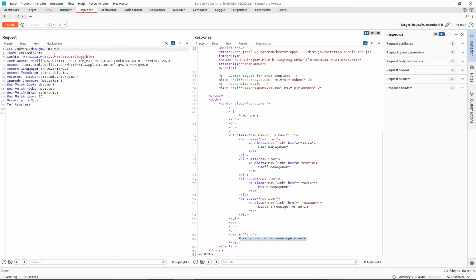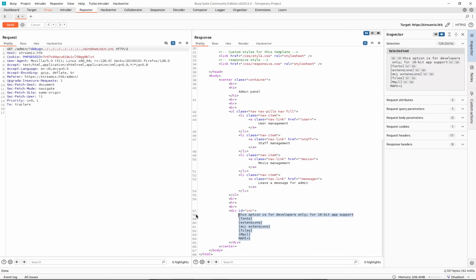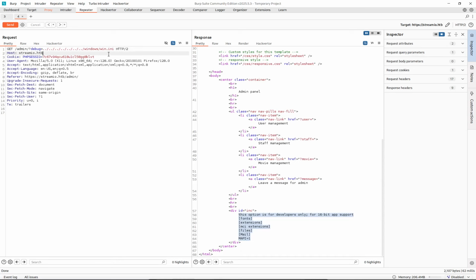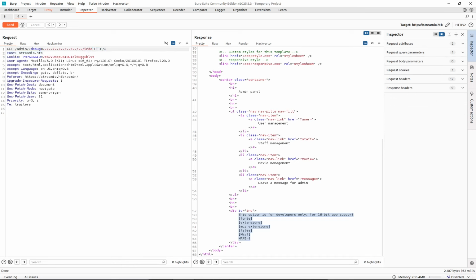Usually I like to start with it's not etc passwd because we are on Windows. So let me get back as much as I can, then Windows, and then win.ini. And yeah, we have an LFI over here. How can we take advantage of that? So I like to start with config.php,